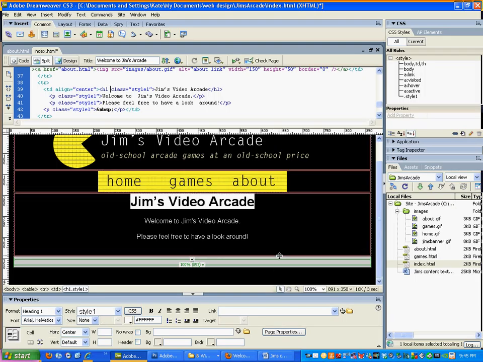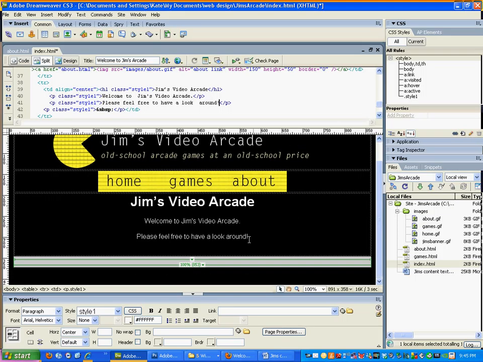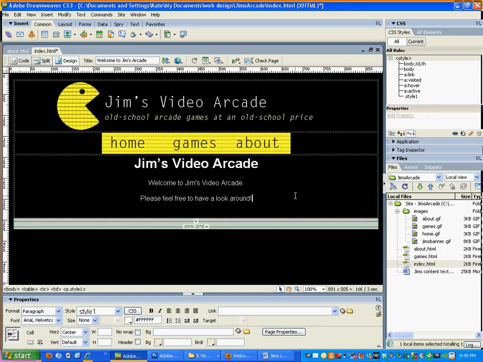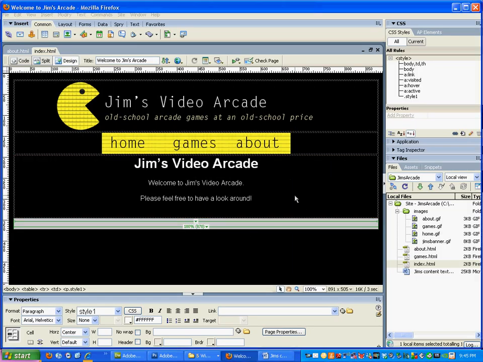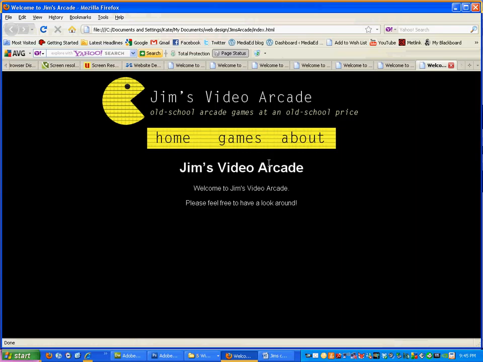So there's my index happening, and that's what it looks like in my split view. So I can save that, have a look, see what it looks like. So we go, that's a basic page happening. I can do the same for my other pages, go in and do an about,